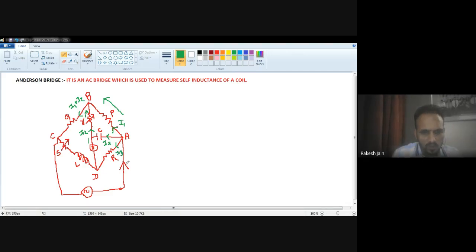Okay. Now what is the total current in this circuit? The total current enters from this node A. That's why the total current supplied by the AC power supply is I1 plus I2 plus I3, definitely. And the total current leaves the circuit with the same value, I1 plus I2 plus I3.